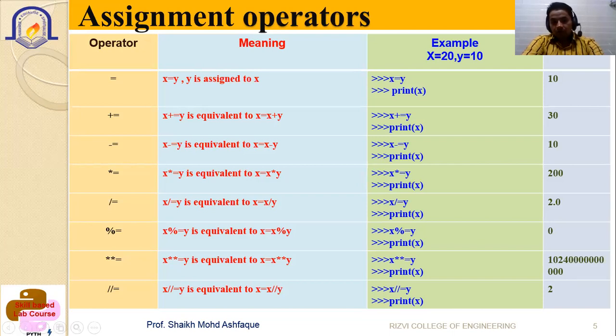Whereas all the assignments, all the arithmetic operators are used along with their equal symbol. So only that is used for the representation. x divide equal to y is equivalent to x is equal to x divided by y. So if you want to write x is equal to x divided by y, instead of that you can also write x divided equal to y. For that purpose the assignment operator is to be used. If you have understood the arithmetic operator, it will be simpler to write by using the assignment operator.